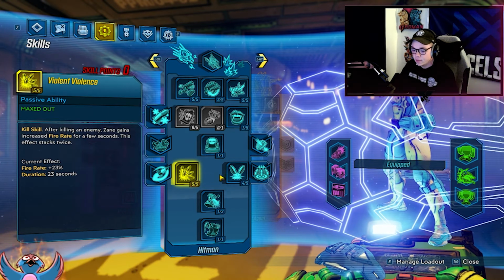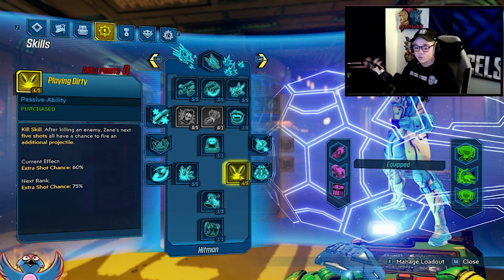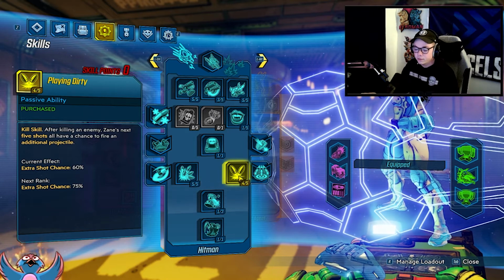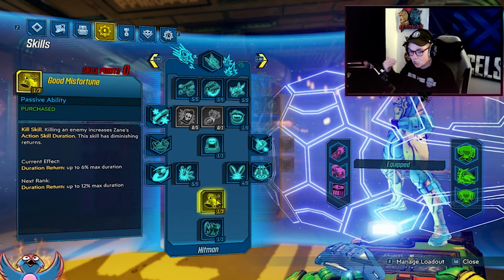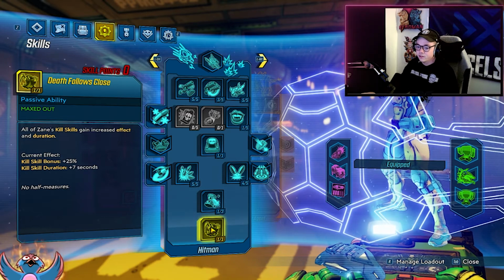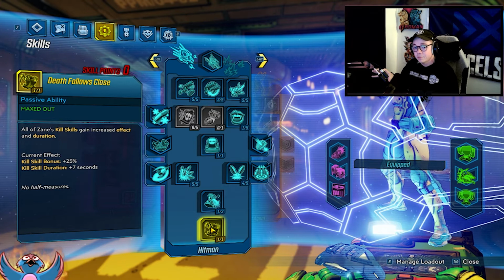Violent Violence maxed out, 4 points in Playing Dirty, mainly just to get down the tree. 60% chance for every time you kill somebody, the next 5 shots have a chance of using that projectile. This is great for anybody. 1 point in Good Misfortune just to increase our duration, and this is going to be constant because of our use of Mantis Cannon, and it's going to make sure our shield stays up, and then that 1 point in Death Fall is close. Now, with this build, I am actually not in Mayhem 10, I'm in Mayhem 11, so